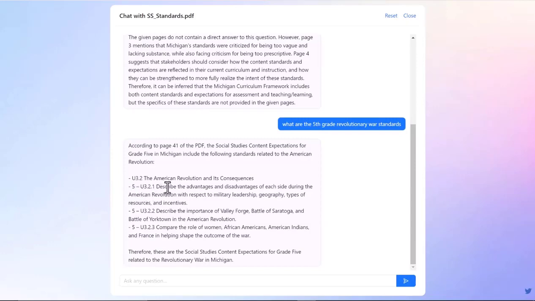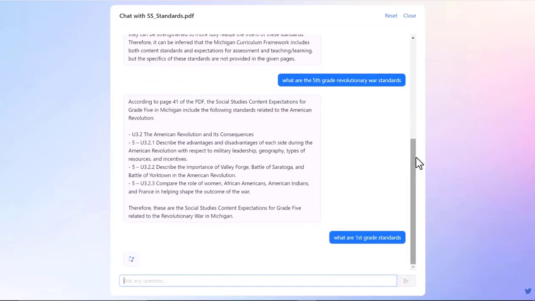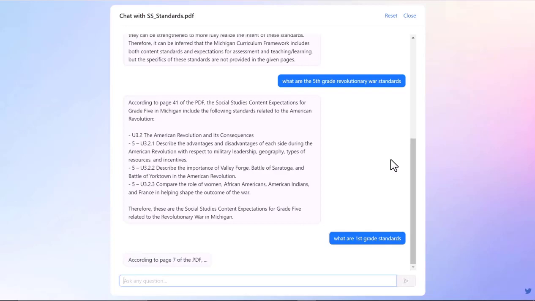U3.2.1 is one of the standards. But what's really cool is it tells you what page some of this is on. So you can quickly just jump to where you want to go. I know it's similar to hitting the function or the F and find button, but this gives you some answers. Like, maybe I want to know what are 1st grade standards. Instead of perusing through the document, once I have it uploaded into the system, it's going to just now list all of the 1st grade standards